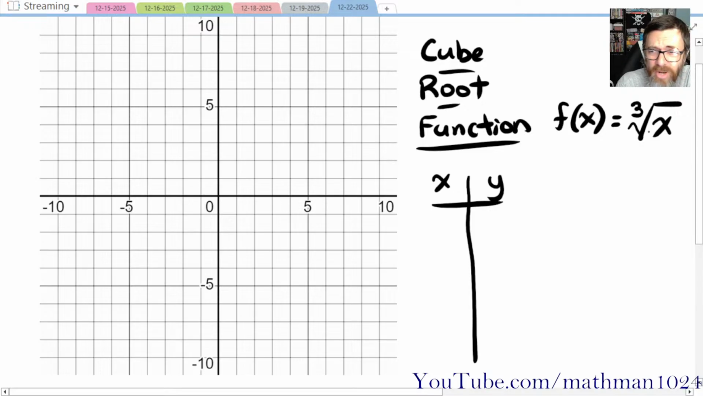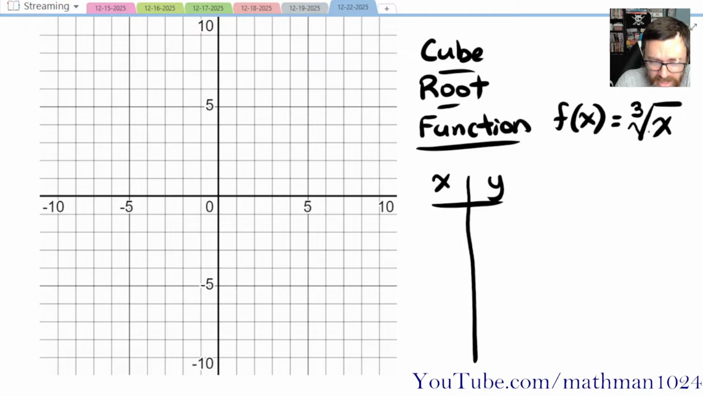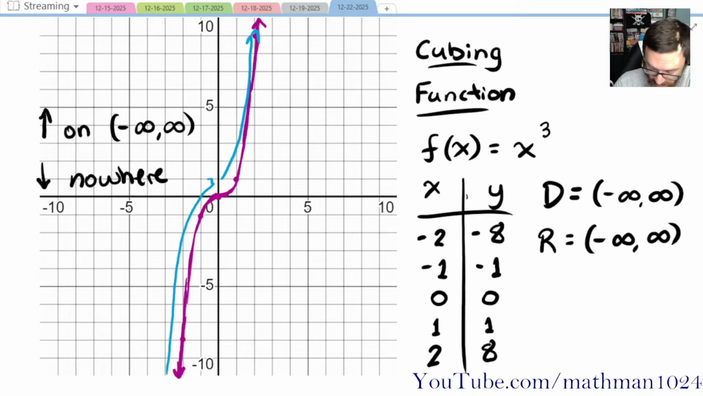I know, shocking, right? Now, I don't want to just plug in any numbers that I can think of in here. I want to plug in numbers that are going to work out nicely with the cube root. That means we want to plug in numbers that are perfect cubes. So previously, when I was cubing things,